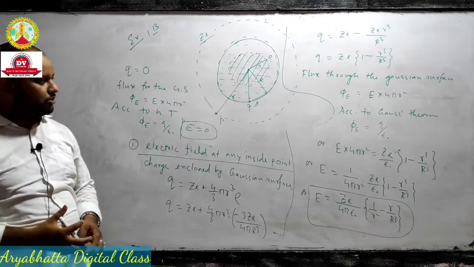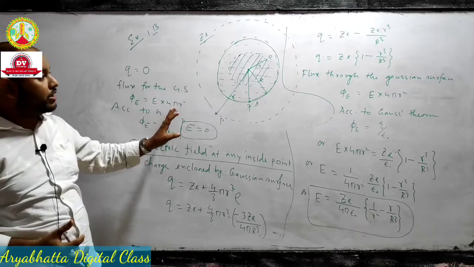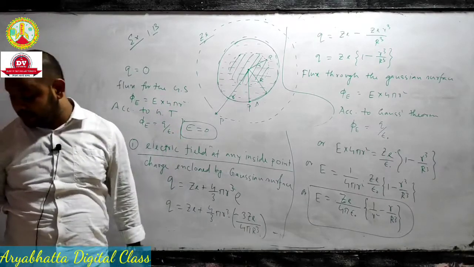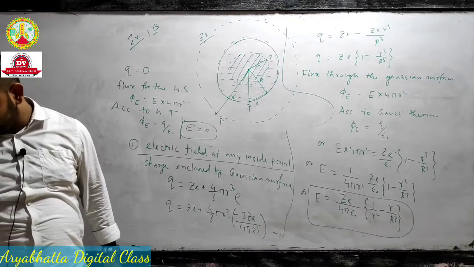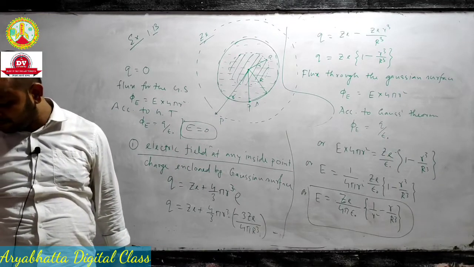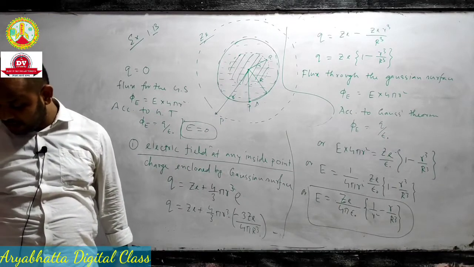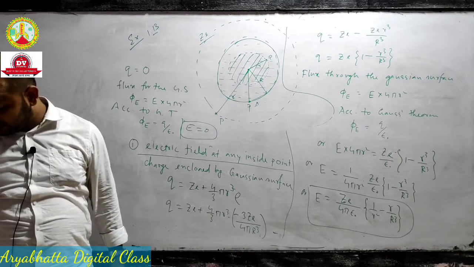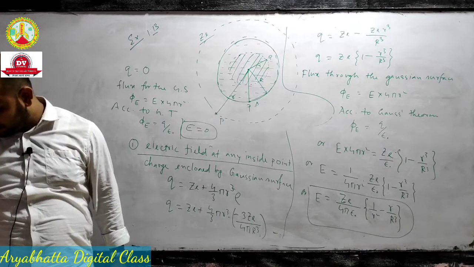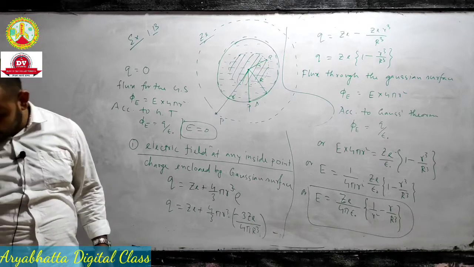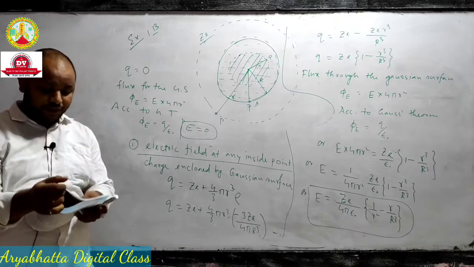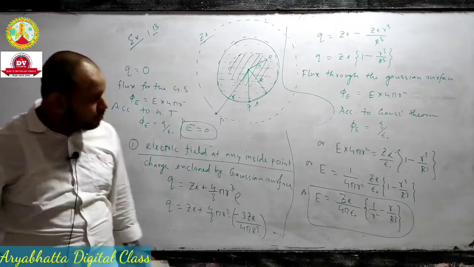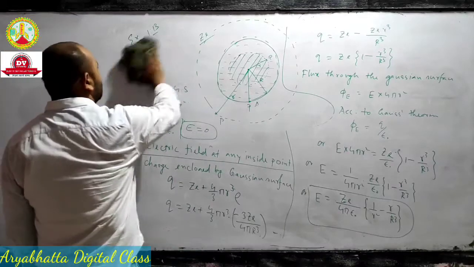Okay, so this is our another example. If this example comes, it will come for 5 marks. This is very important. It is given in your textbook, example number 13, which is the last example of this chapter. Okay, and this chapter is finished. From the next class we will start the second chapter. Okay, we can do another numerical from the exercise. So there is a question, question number 21.